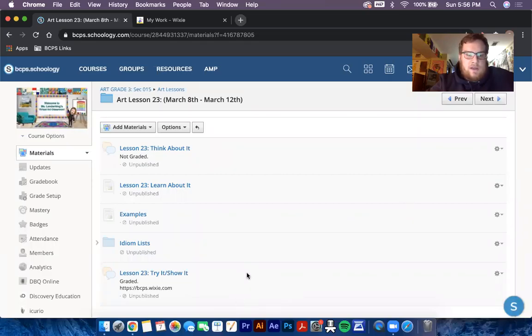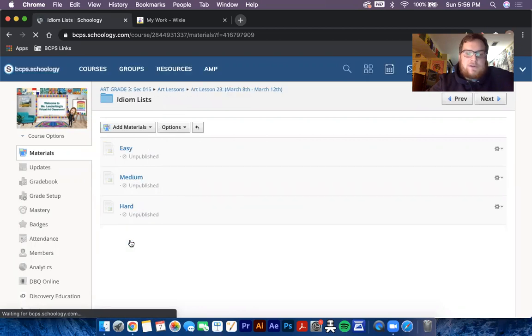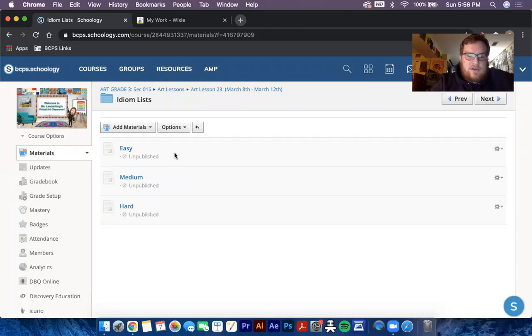Alright guys, so today I'm going to show you how to represent your idiom using Wixie. So when you're in art lesson 23, there is a folder that says idiom lists. So you're going to click on that. And then there are three options. So there are some easy idioms that you can draw from. There is medium or there is hard. You guys have a choice to see if you want to challenge yourself or if you want to try an easy one first. So I'll click on open,